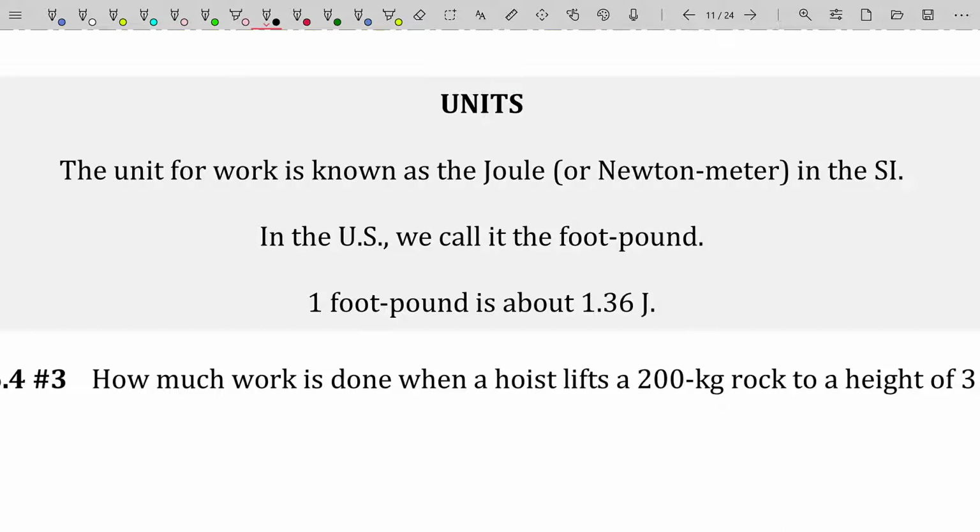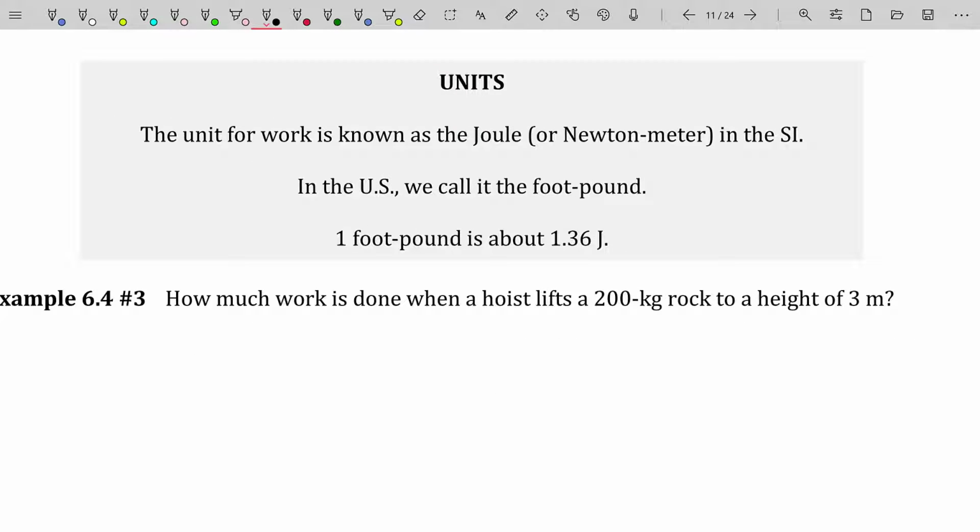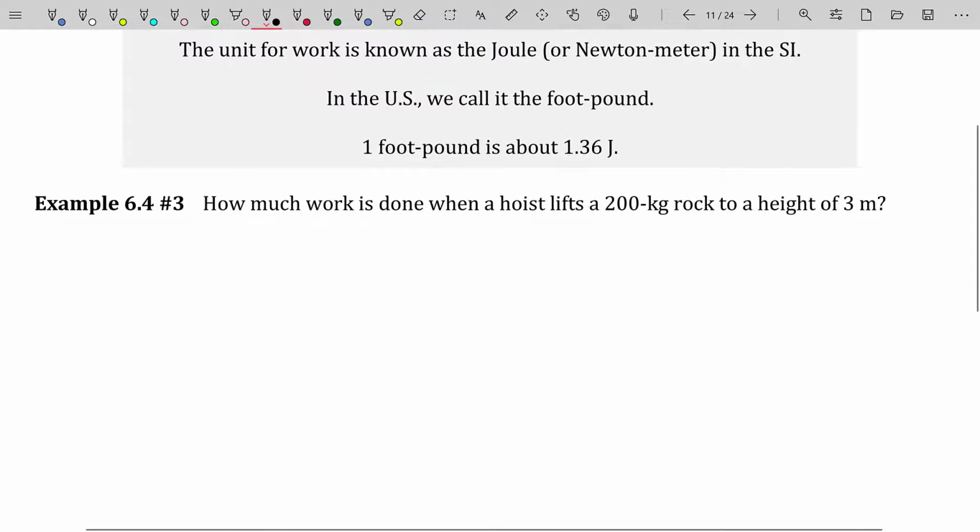Now, something you also need to know here is that a joule is actually an amount of energy, not a rate of transfer of energy, which is known as the watt. And we'll talk about that in a moment. But for now, very simple to compute how much work is done if you have a constant amount of force over a distance. For example, how much work is done when a hoist lifts a 200 kilogram rock to a